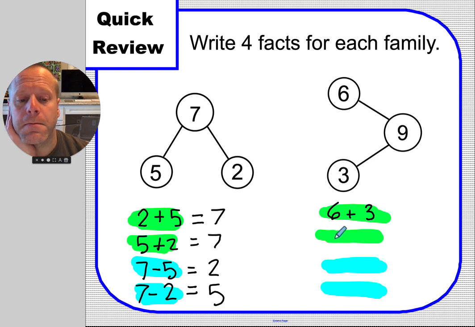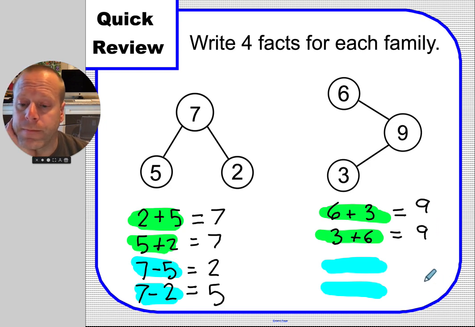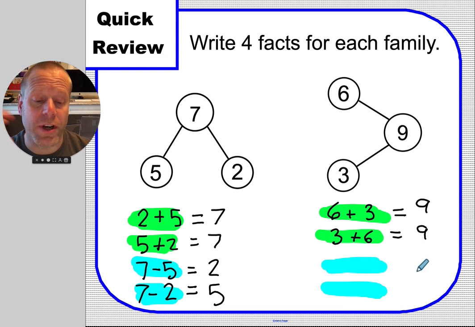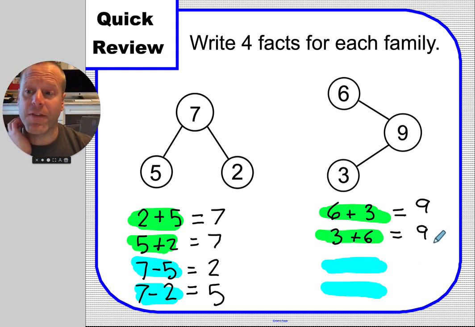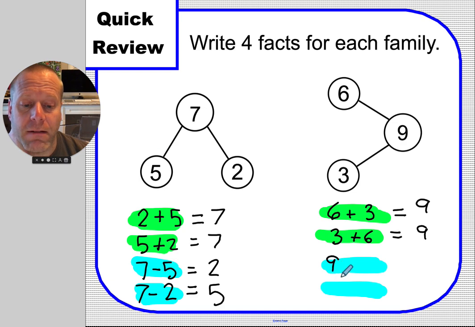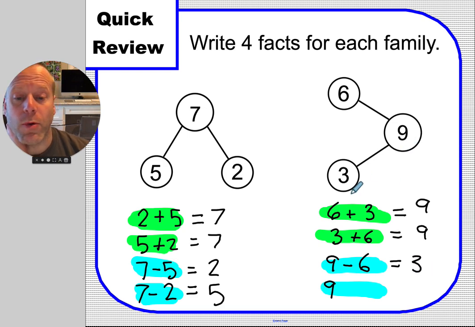Those are the parts. I'm going to put them together both ways. It does not matter which way I put them together. I'm always going to get the whole thing. Now I want you to think about taking the whole thing and breaking off the pieces. So you're going to have the 9, and you're going to break off one of the pieces. And then you're going to have the 9, and you're going to break off the other piece. So 9 take away the big part, 6, is going to leave 3. And 9 take away the little part is going to leave